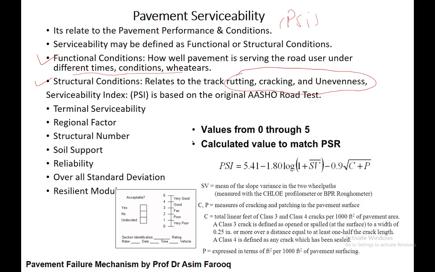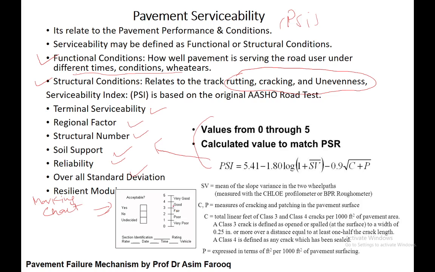Those are basically the different elements, such as terminal serviceability, regional factor, structural number, soil support, reliability, resilient modulus, and so on, through which we determine the current as well as the future condition, and the condition when the pavement was originally built. As you can see here from this figure, from this chart, this is